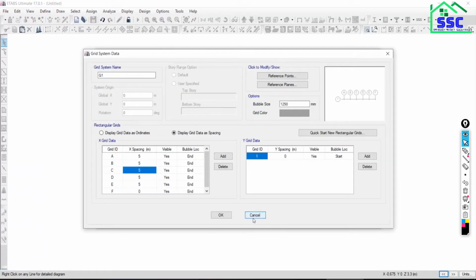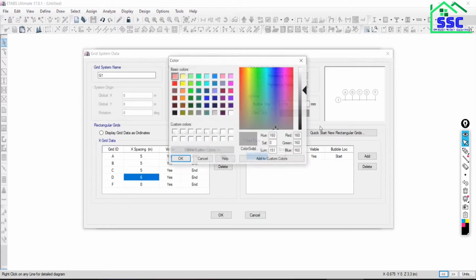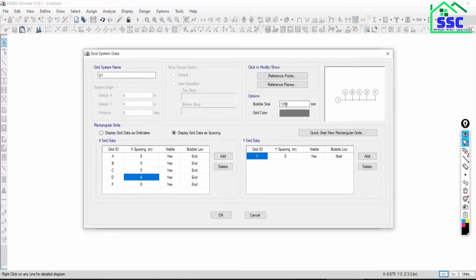How many have we taken here? Okay, so you can delete 1 grid. Just click on this and say delete. 5, 5, 5 and the last will be 6. So this is done. Now you can let it be as it is.